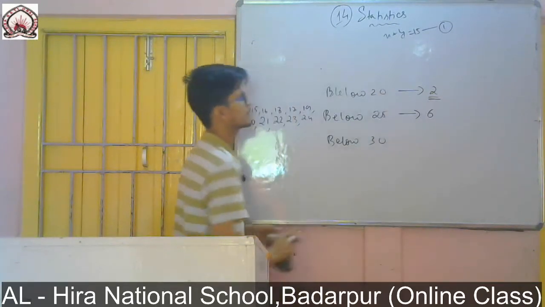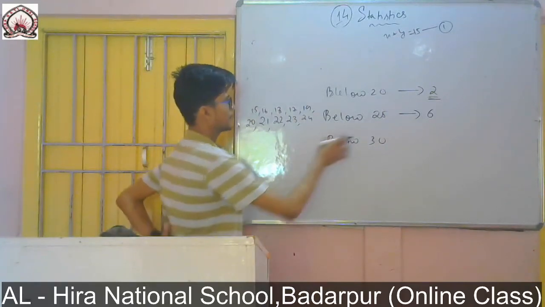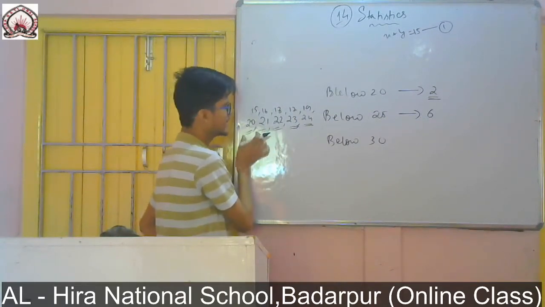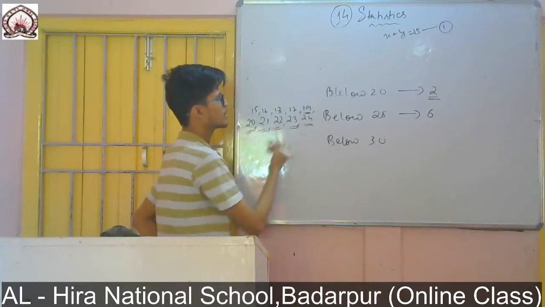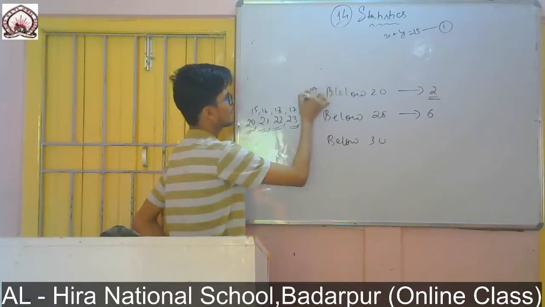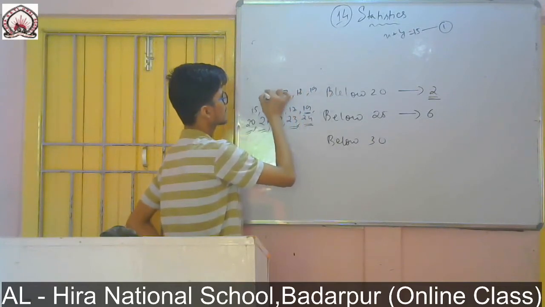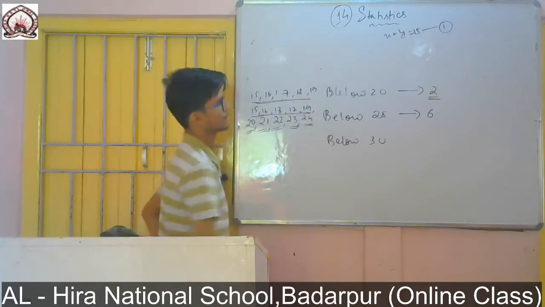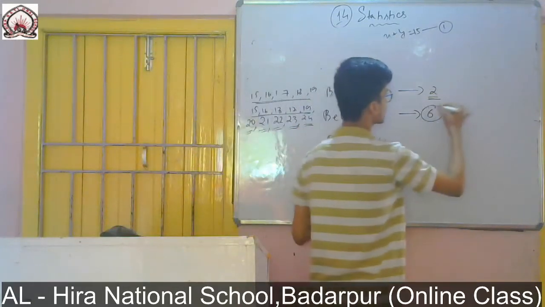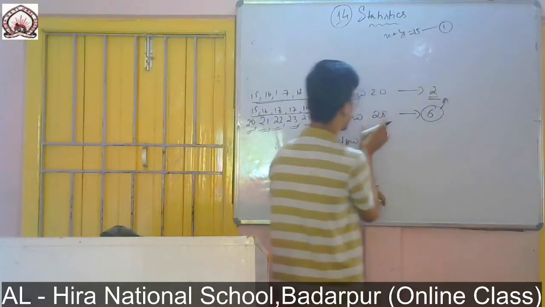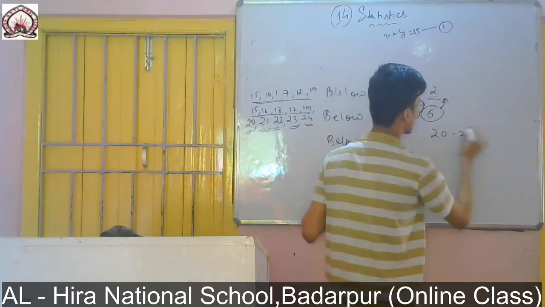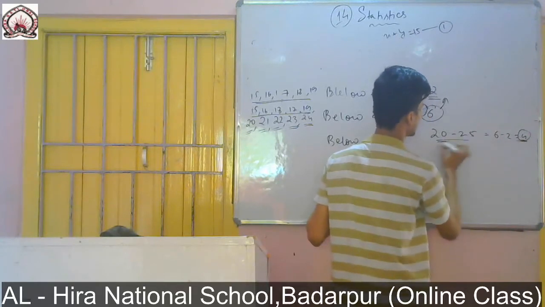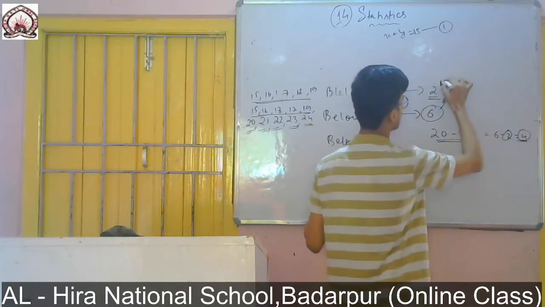So first of all I will convert this one into interval. Below 25 means the age may be 24, 23, 22, 21, 20 is also included. You see 19 is also included. Below 20 it may be 19, maybe 18, 17, 16 and 15 also. So this 2 is also added here. So if I want to find for the 20 to 25 interval, then I have to subtract 2 from this one, that means 4. That means 4 persons were between 20 to 25, and this 2 is for below 20.